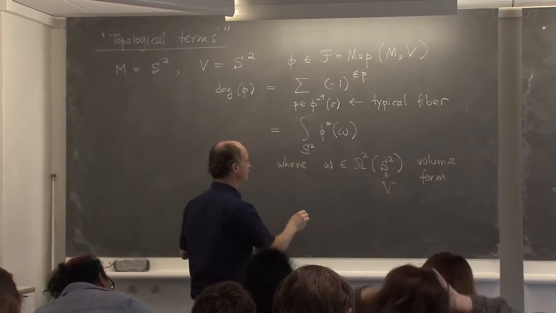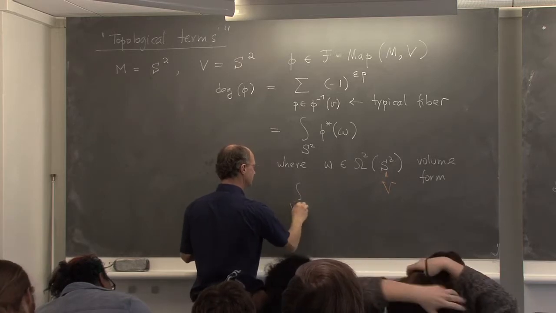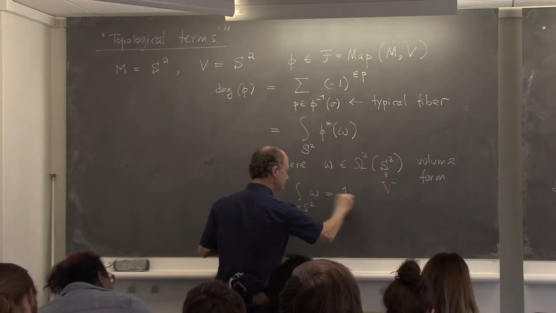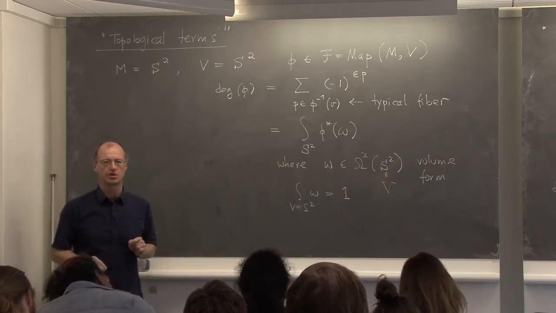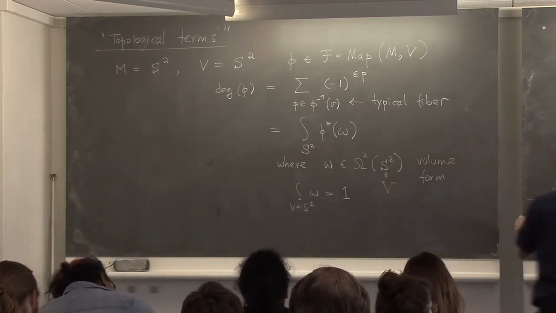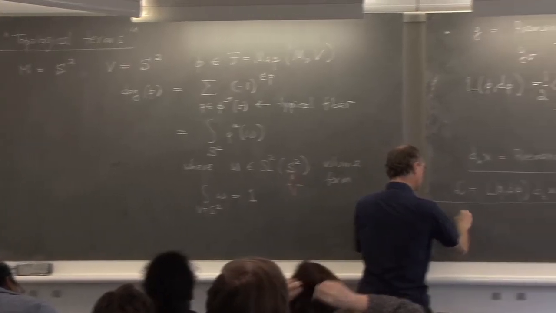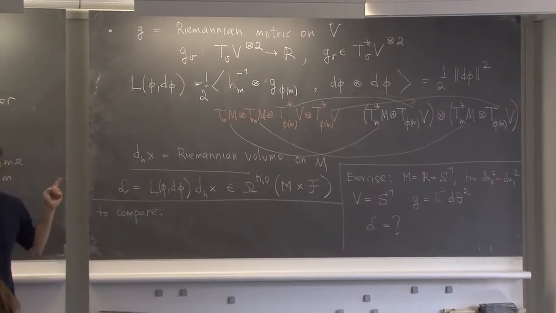And I would normalize this volume form to have volume 1. In fact, recall that what we were doing with the scalar field,